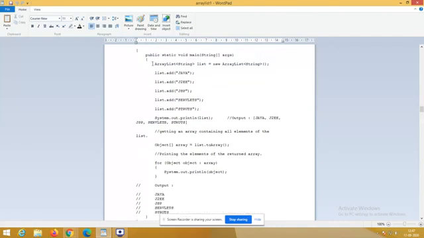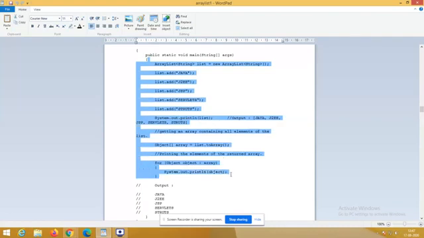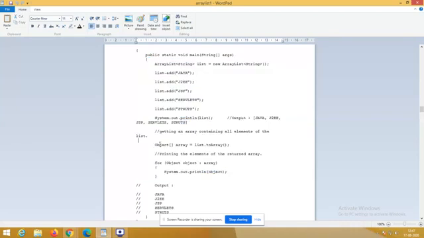So see, this is the code. I am creating an array list. I am adding 5 elements in the array list. I am printing the list. So how am I converting? This is the place I am converting. Object is the base class for all the available classes in Java. Already I have conveyed. So Object array subscript. I am giving the name as array, right? You can give any name, for example X, that is the name of your array. But for understanding and conventions, I am giving the array name as array itself.